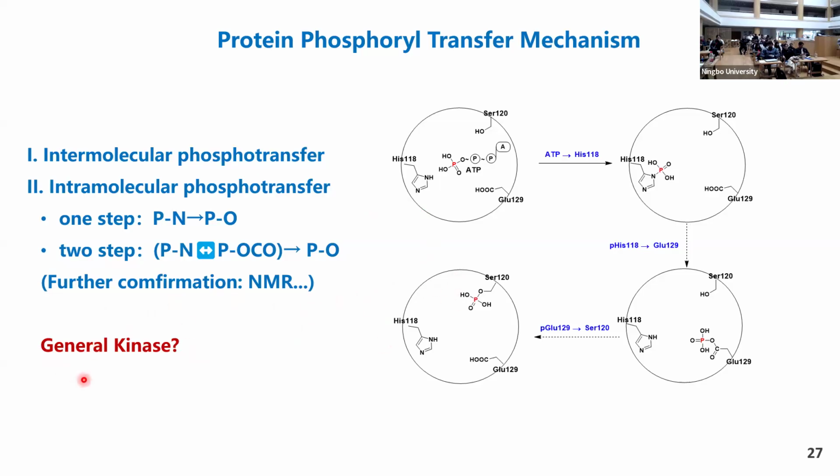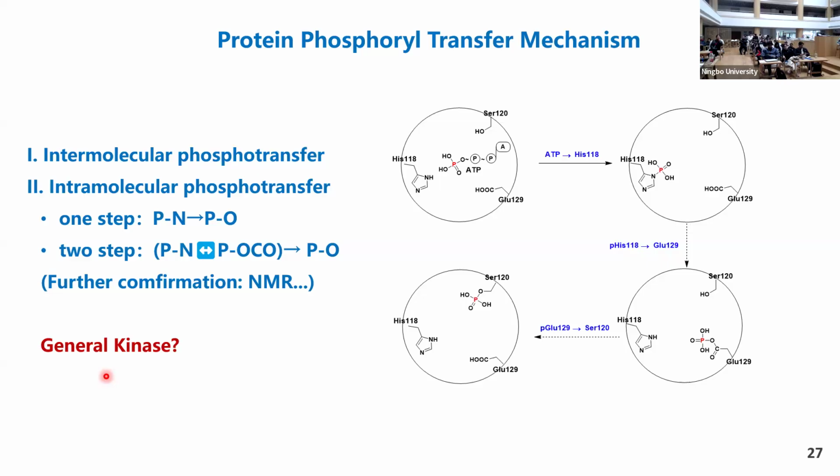So I want to raise the new definition for a general kinase, just from the view of our small molecule model. Just a nitrogen phosphorylated amino acid can function as a mini kinase. Why not other proteins with acid and basic amino acids with such a microenvironment in the protein? It can be a kinase.